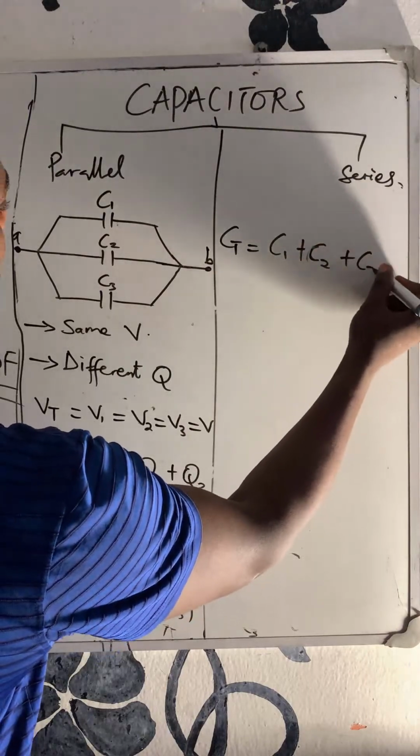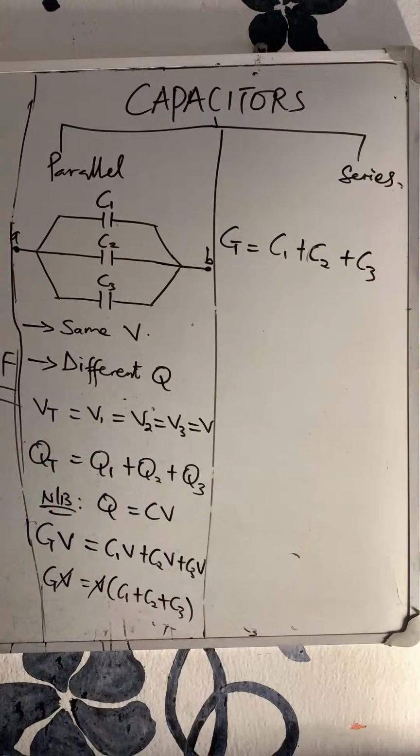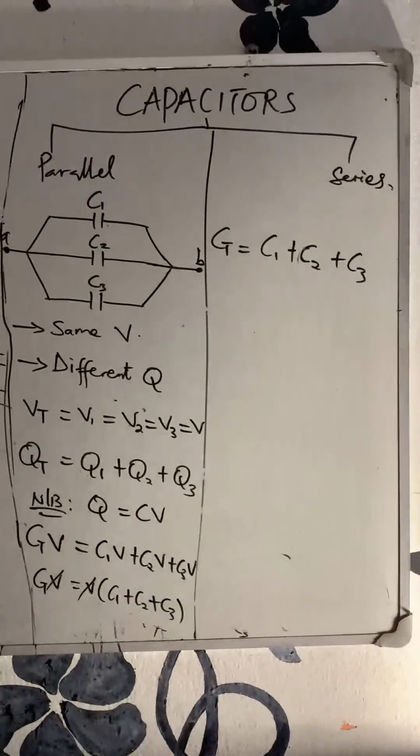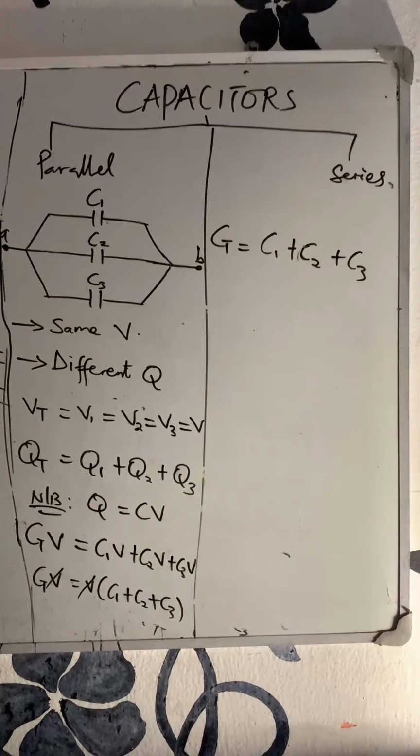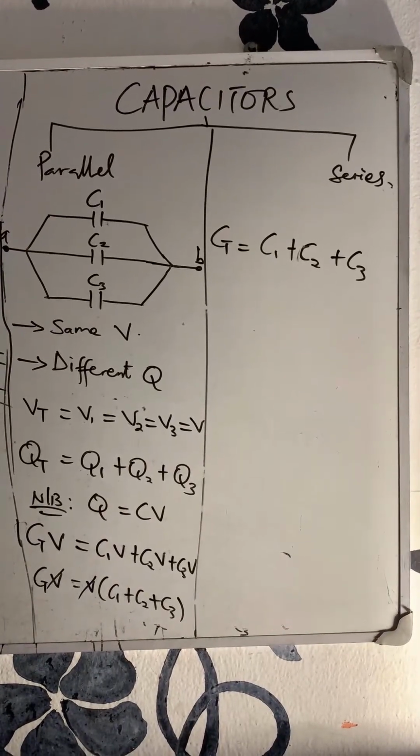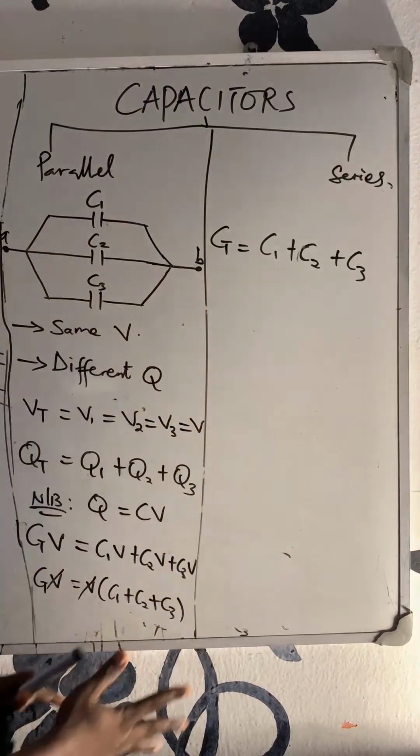C2 plus C3. Just add your individual capacitors to get the total. That is how it is. You add your individual capacitors. Which, when you do that, there are questions that you need to understand with respect to this display that we